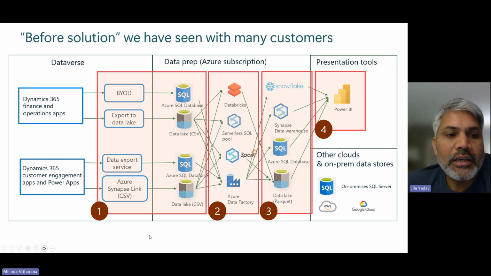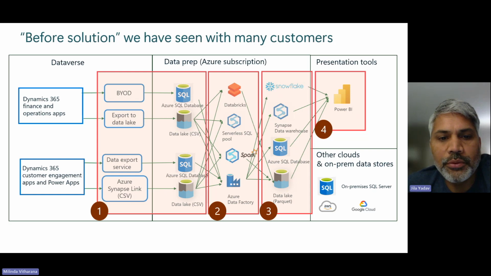So this is a typical architecture that a lot of customers have today: multiple services, multiple transformations and data staging, and then finally doing the Power BI report. If we go to the next slide, we'll see the